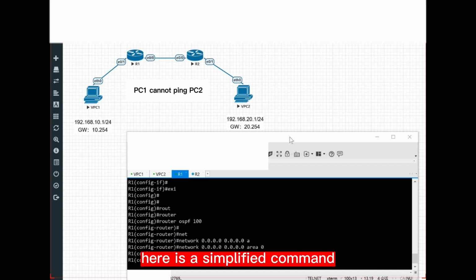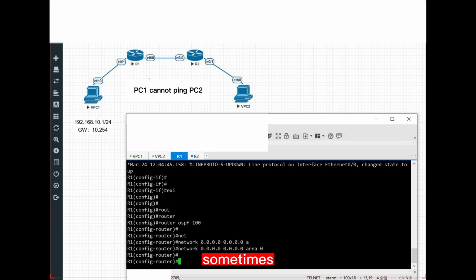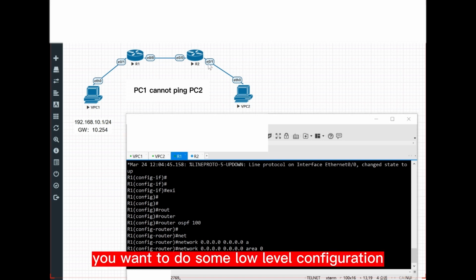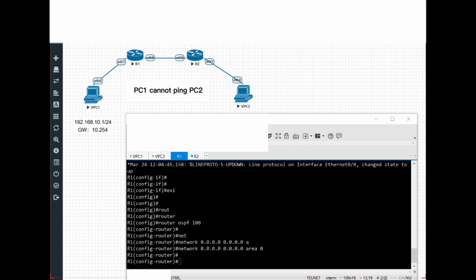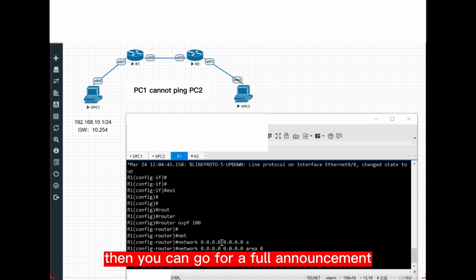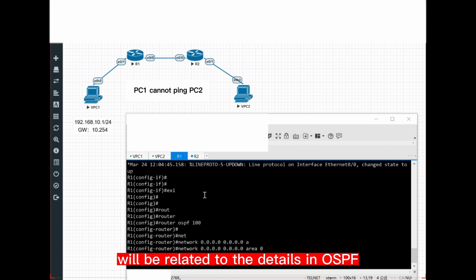Here is a simplified command. Sometimes you want to do some low-level configuration through OSPF, then you can go for a full announcement. But if other experiments you do in the future are related to the details in OSPF,